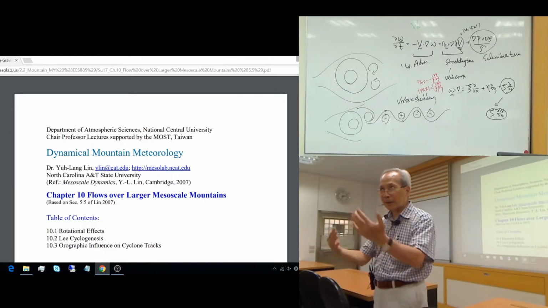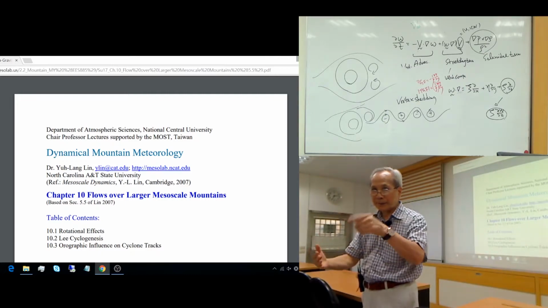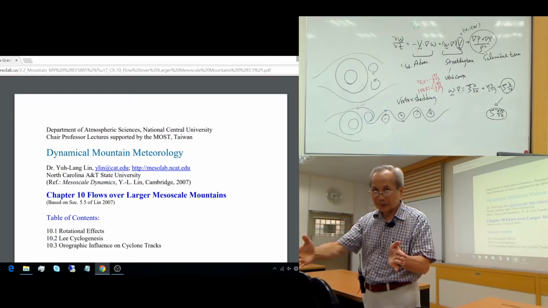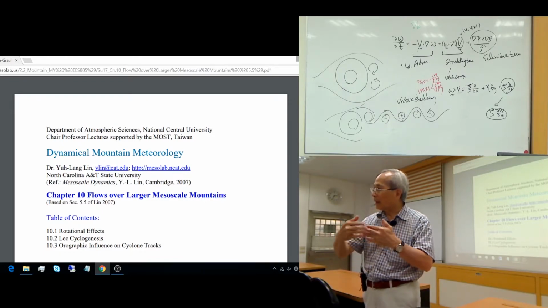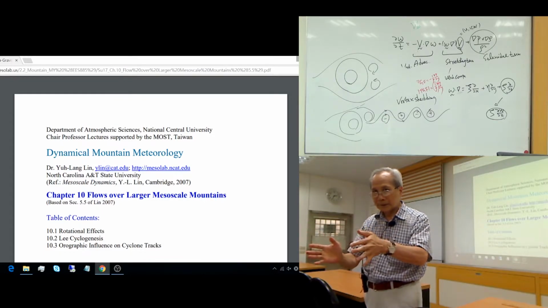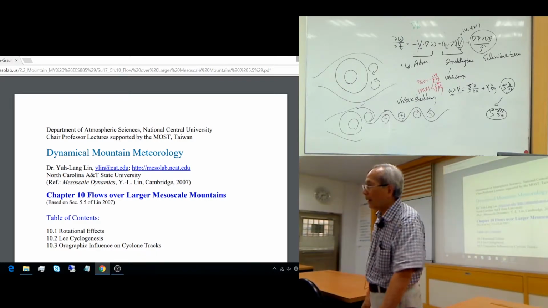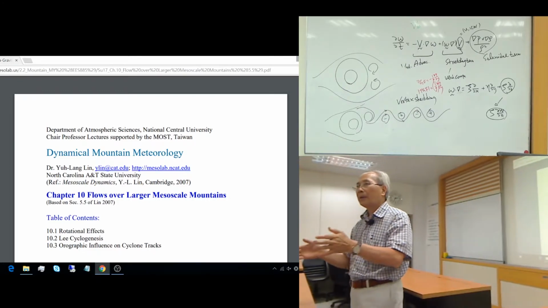Then we talk about three-dimensional flow, and we add the low Froude number, nonlinearity to it. So then we have vortices. And one thing to mention is that we still assume the flow is